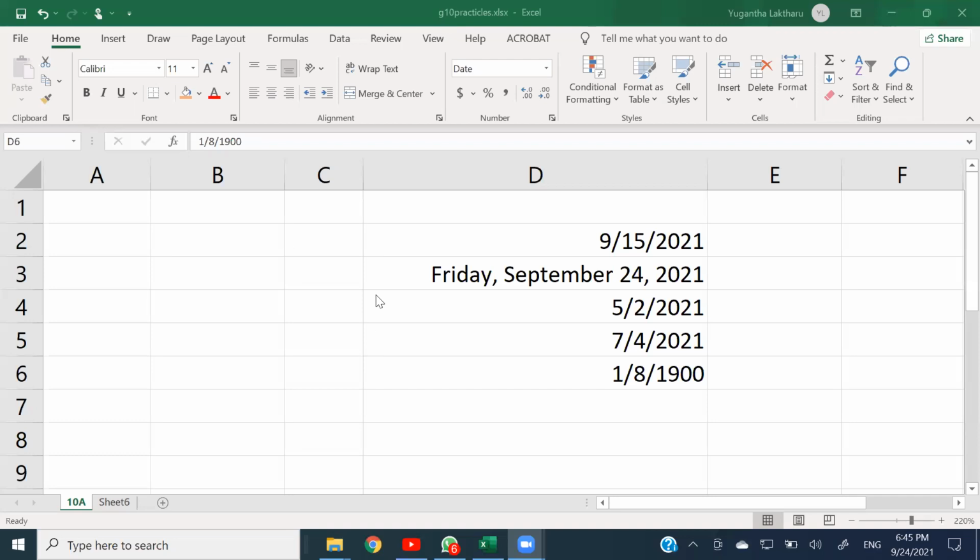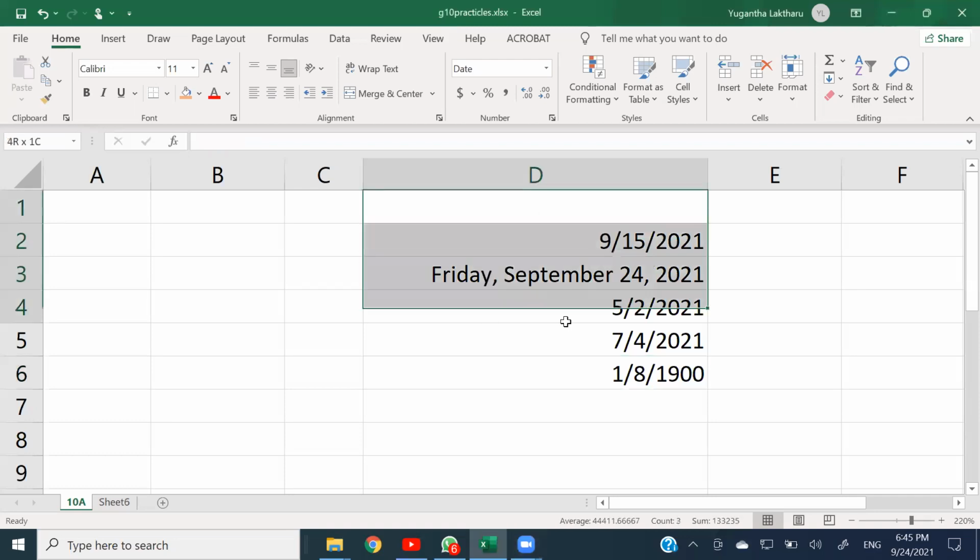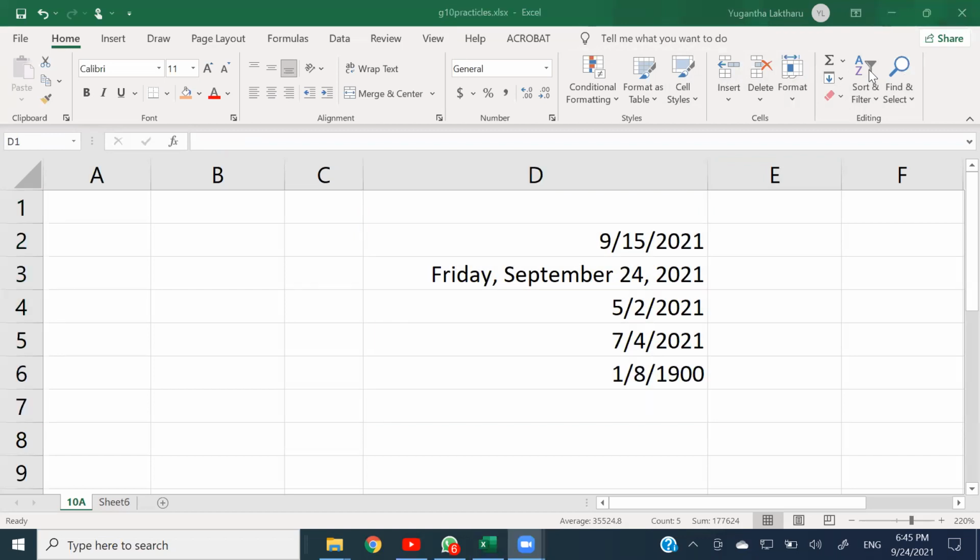So now I'm going to clear this up, otherwise my adjacent cells are going to